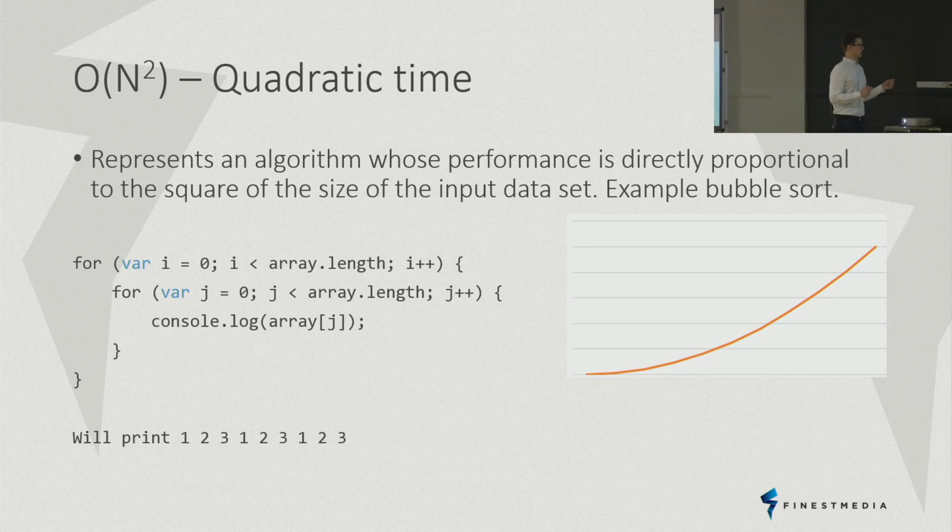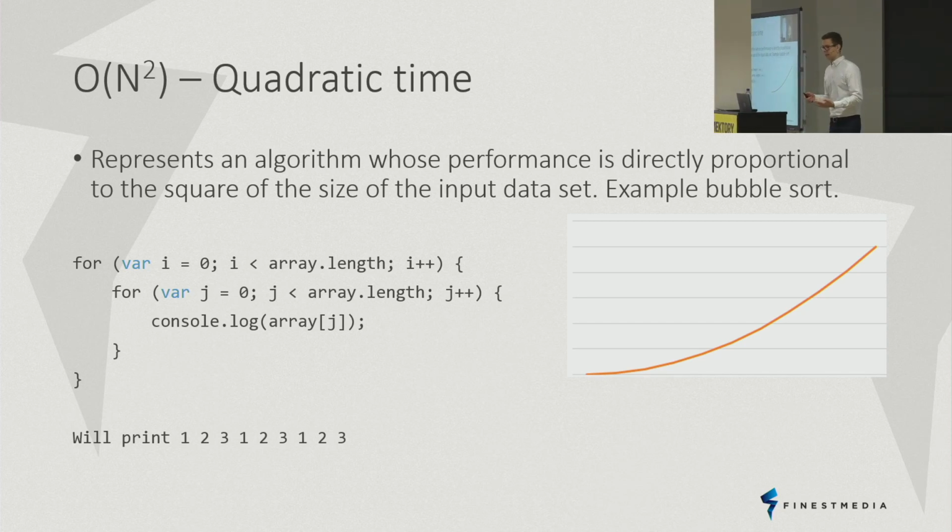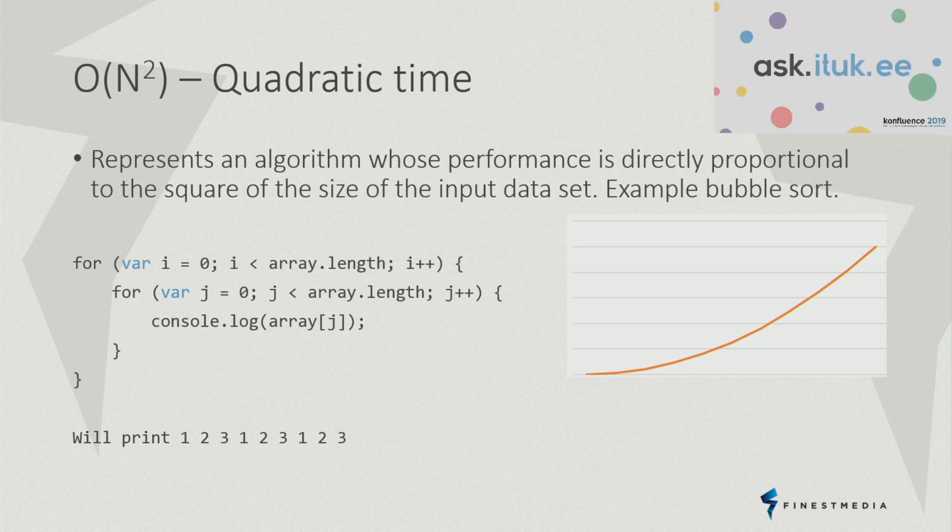You have two loops, one inside another, and the only difference from the previous one is that if there we printed out 1, 2, 3, then here we print 1, 2, 3, 1, 2, 3, 1, 2, 3. So you can see from the diagram that the time